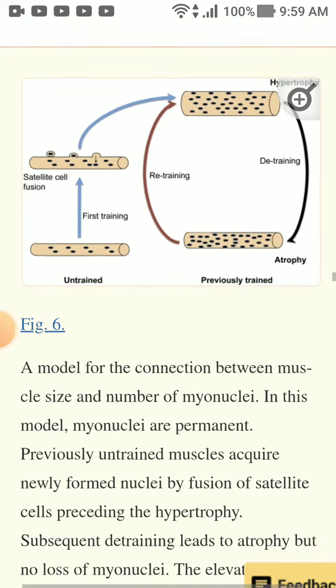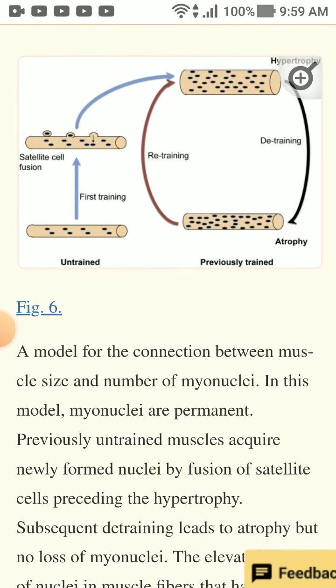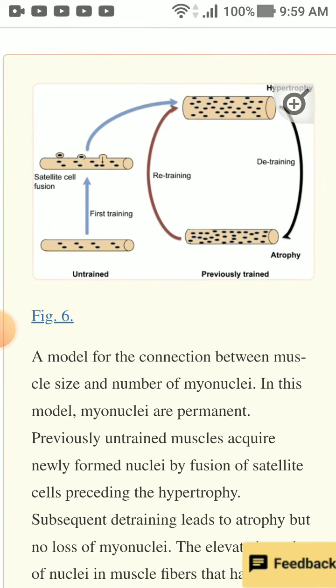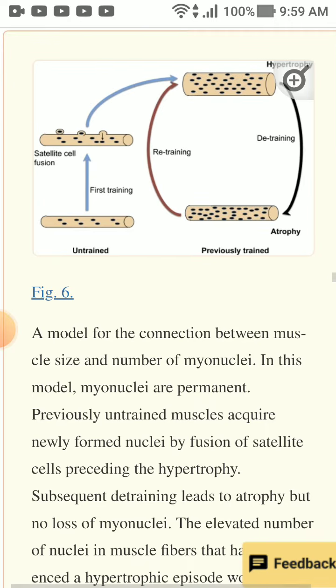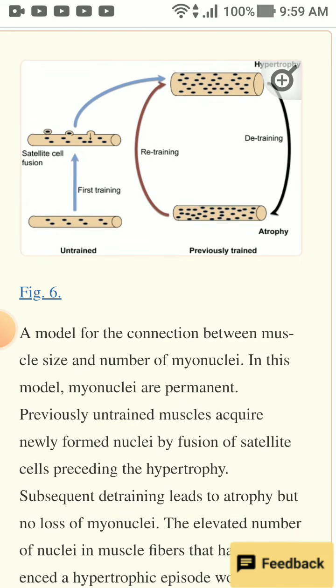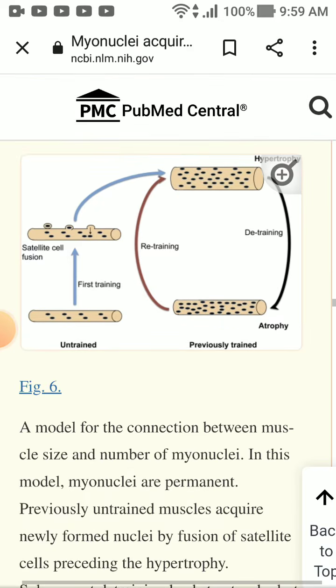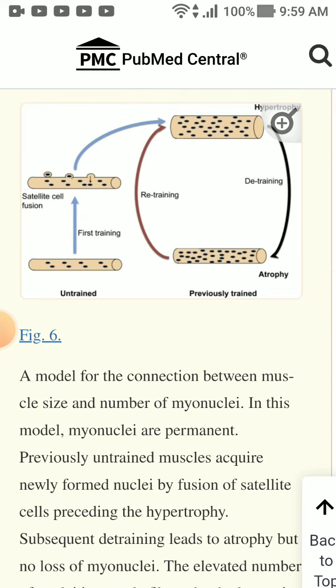Now notice there's no more growth here. When the people detrain, it atrophies, it just goes back to the way it was. There isn't anything else happening there. Now, this is what an untrained person gets. Read what it says here. It says an untrained person, first training, they get this fusion, and then that's it. Notice it says detraining, retraining. See what I mean? What is that exactly? What is causing more of this size? There's no more, you're not building any more muscle.